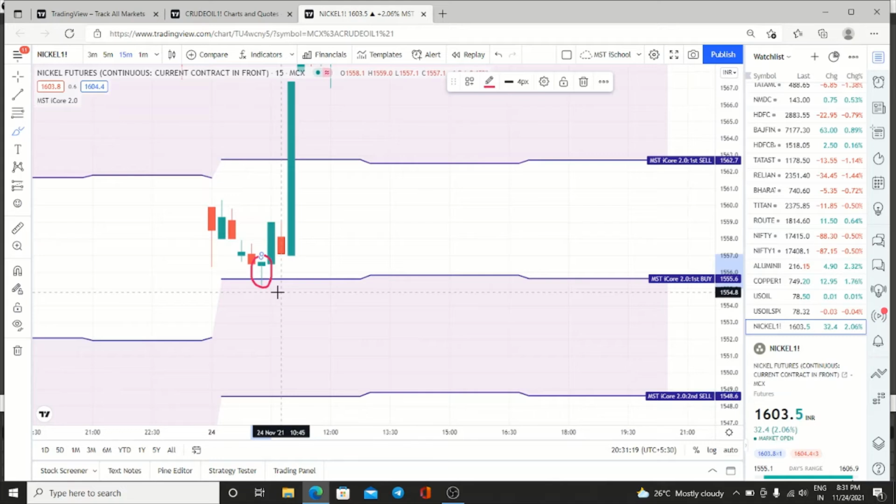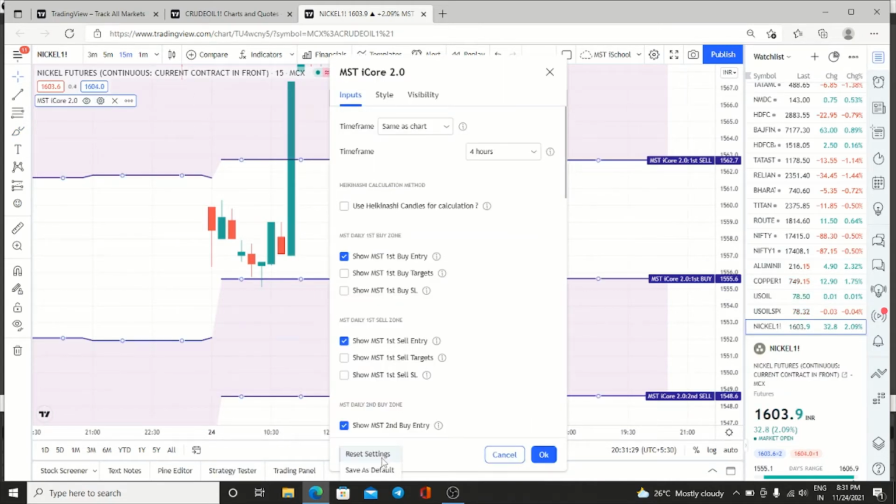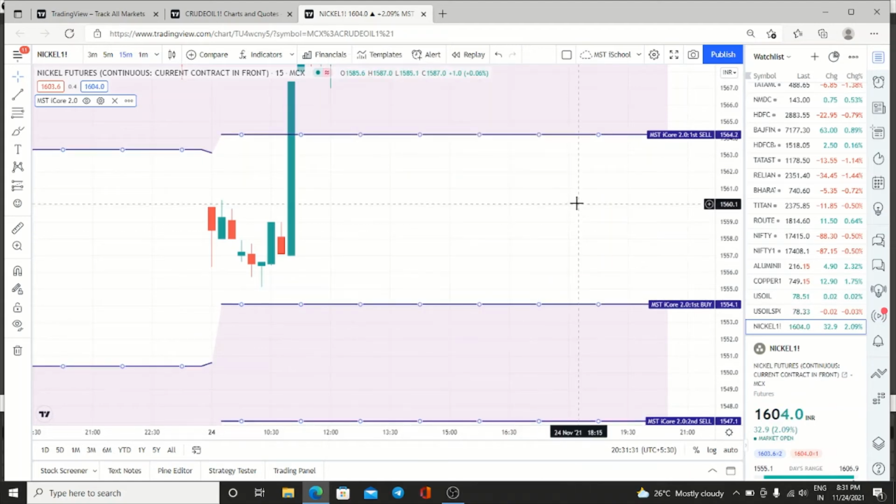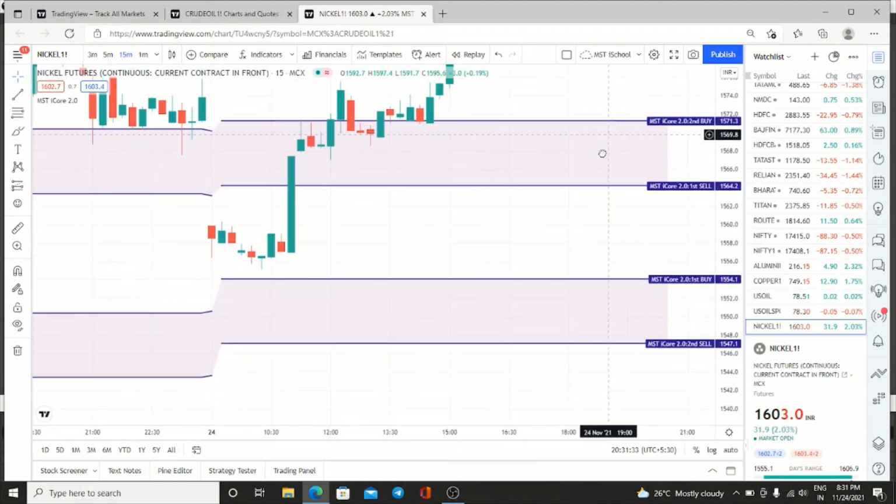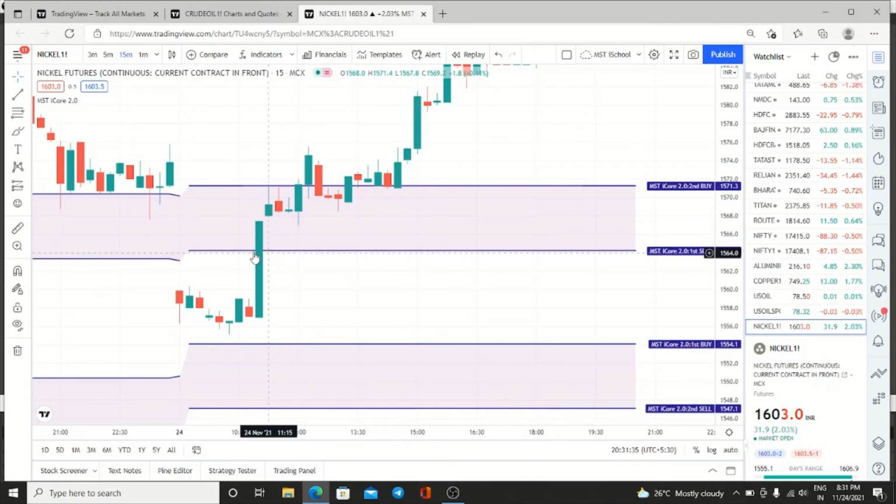So in such a situation, you can change the time frame to 4 hours and take the entry. But what I will do, as of now, I will not consider that buy has been activated. I will consider buy is not activated. Now what will we be doing? We will be taking the sell entry at 1564.2. So immediately our SL got hit.